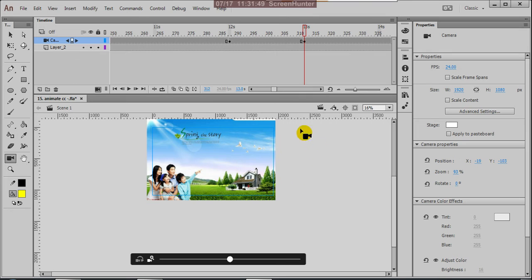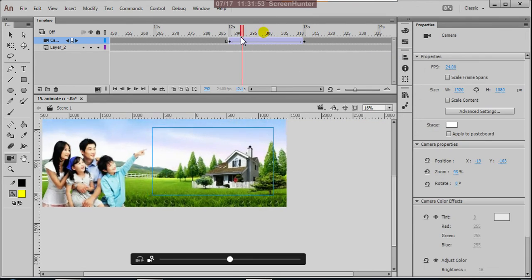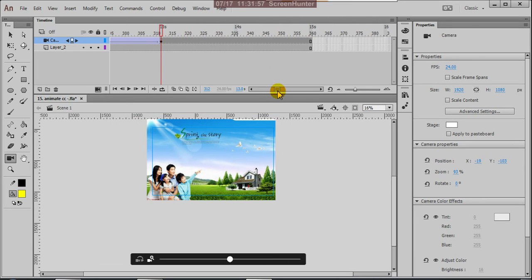Okay, so here you can create a classic tween. So there hold the camera up to here.